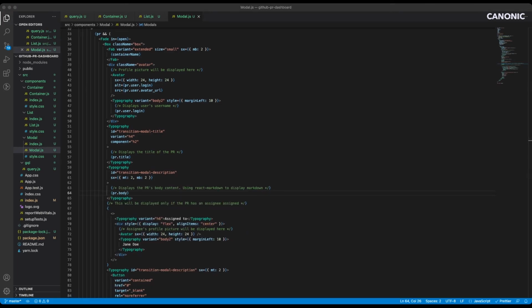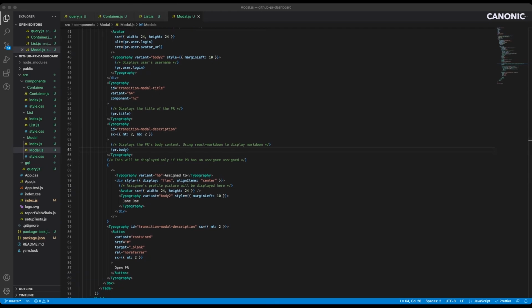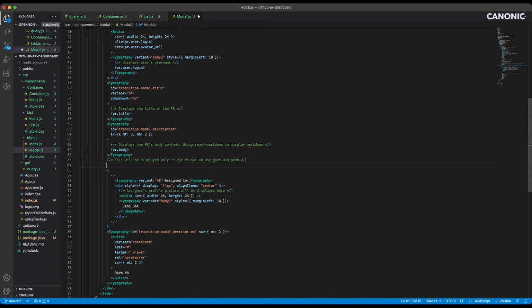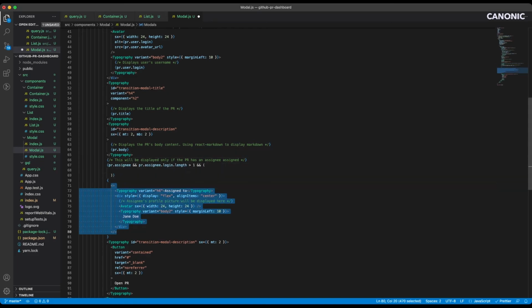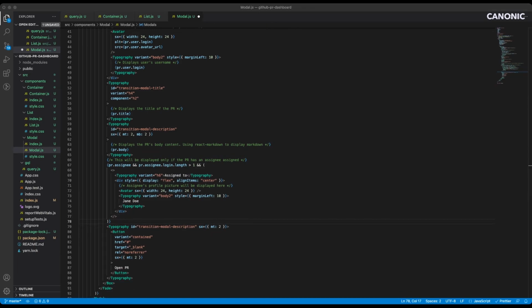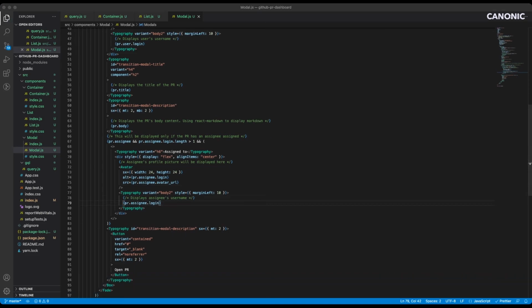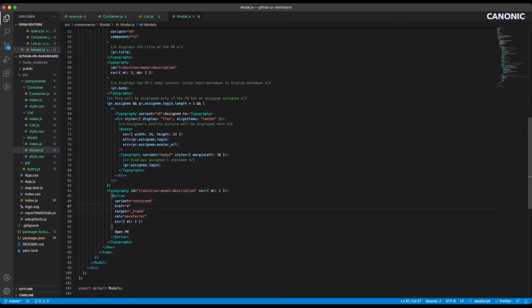After that, we need to make sure to display the assignee if it's present. So let's add that condition. We can move this code up here. Great. Let's add the assignee's URL here and the login information, the username. Great. And lastly, just the link to our original PR.